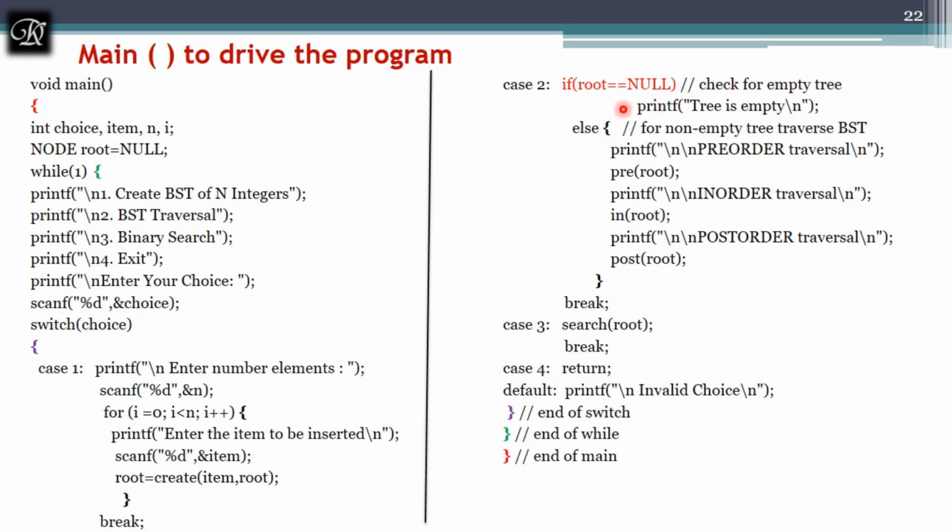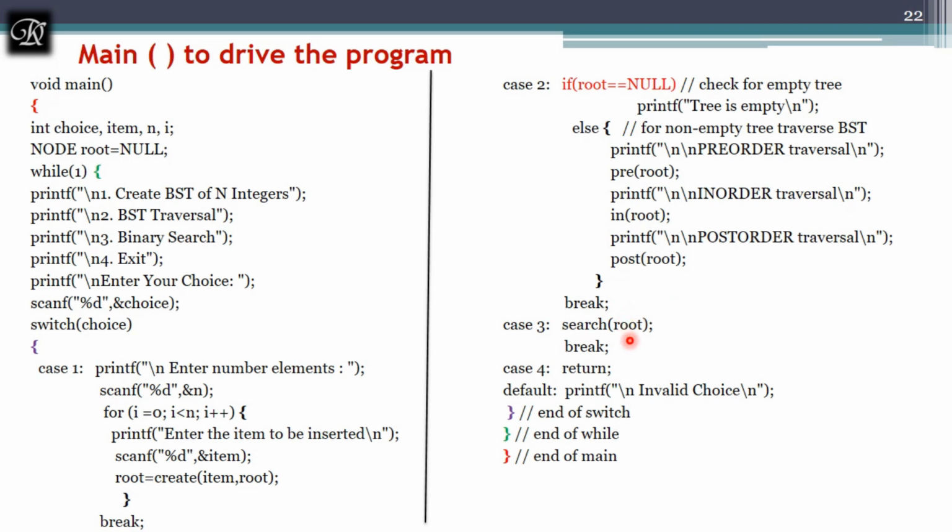And if you have chosen tree traversal, first we'll check whether it's an empty tree. If it is an empty tree, we will not allow you to traverse. Otherwise, you will be allowed to traverse. As I told, these are all the function names where I am passing the same root, but while catching over there, I'm renaming it as pre in the preorder function, in the inorder function I call it in, and in the postorder function I call it post. That's it. So all are going to traverse.